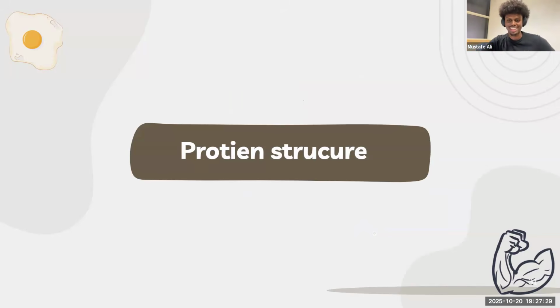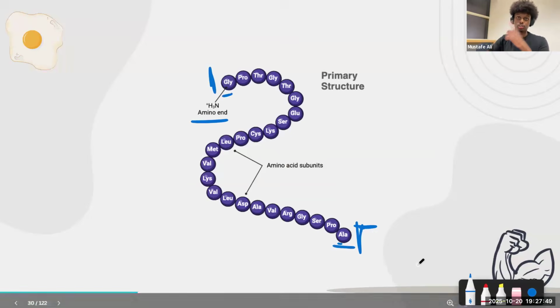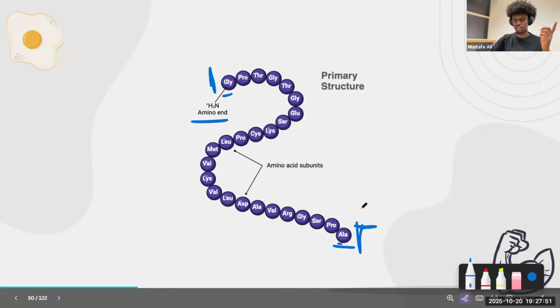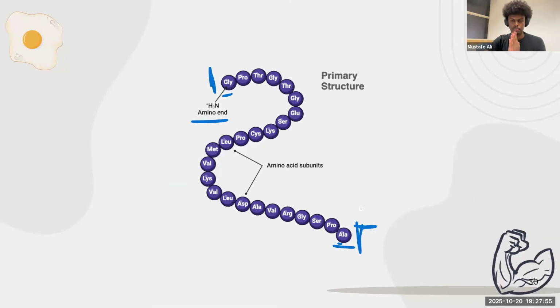Mohammed, you are correct. I was just talking about a very simple polypeptide chain, how it has two different ends. But we're going to be getting into how proteins form different structures in this part of the session, inshallah. How can I know which end is which? Usually, the amine end would be on the left of the polypeptide chain, whilst the carboxyl end is on the right. Okay? Did that make sense?